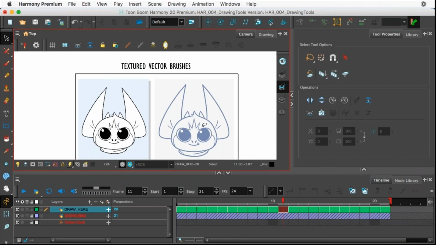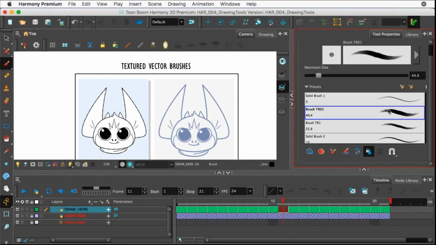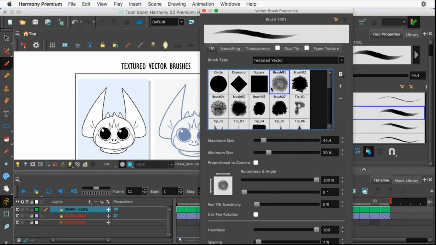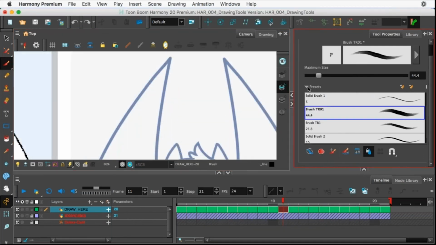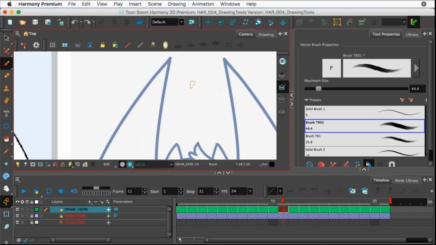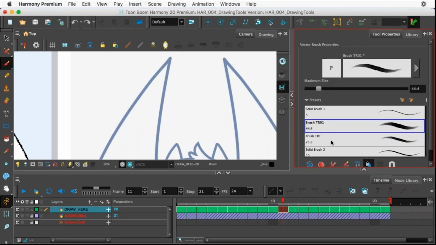Textured vector brushes is kind of the same thing. You can still grab your brush tool, and this is what I was talking about earlier. You have the ability to change out the different brush tips. Now, if you notice, with the brush, you're not going to find the textures down there at the bottom. However, if you do land on something that you like,